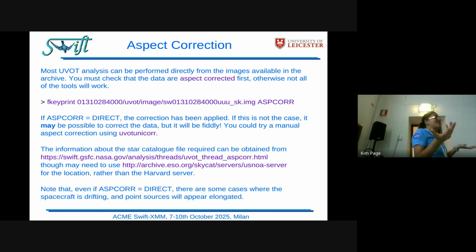There will, however, sometimes be times when the aspect correction fails. It might be that there actually is a problem with the data. So say the spacecraft wasn't stationary, it's at the star trackers, we could be drifting for some reason. Or it could be that the star trackers have lost lock, so Swift didn't actually know quite where we were pointing, so it's got a bit confused about what RA and dec is what, and that might not work. Or it might just be there aren't enough